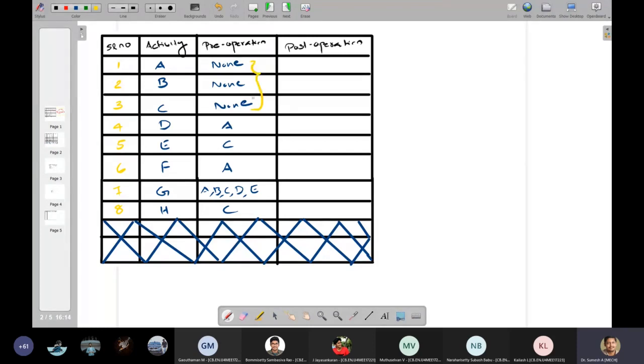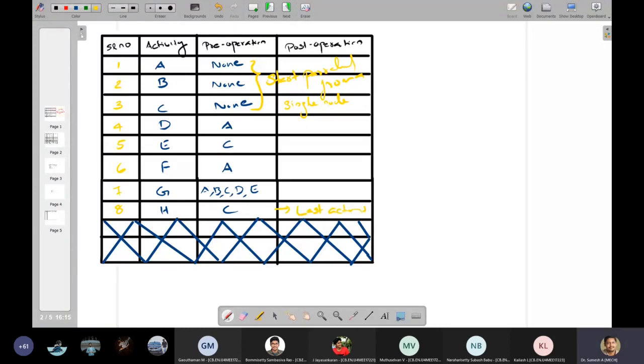It means they can all start parallelly from a single node. And for activity G, you can see plenty of activities have to complete before G can start, and the final activity will be H. So H will be your last activity.